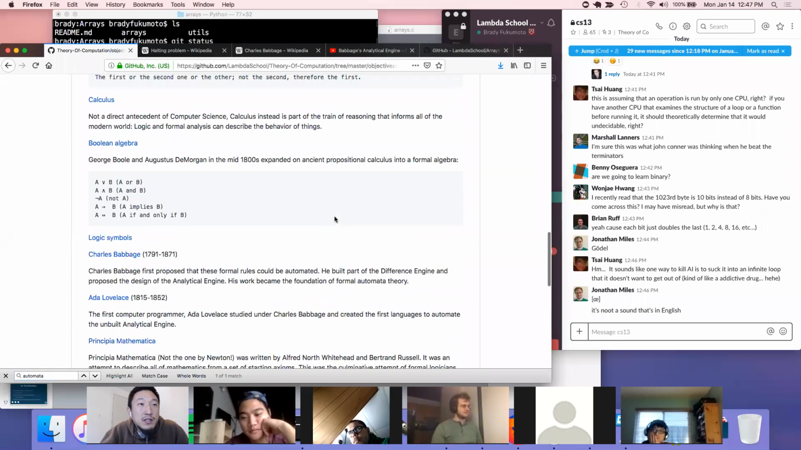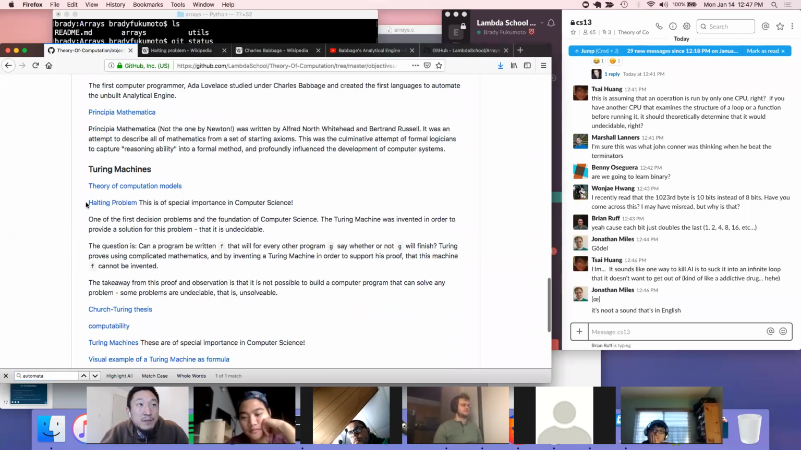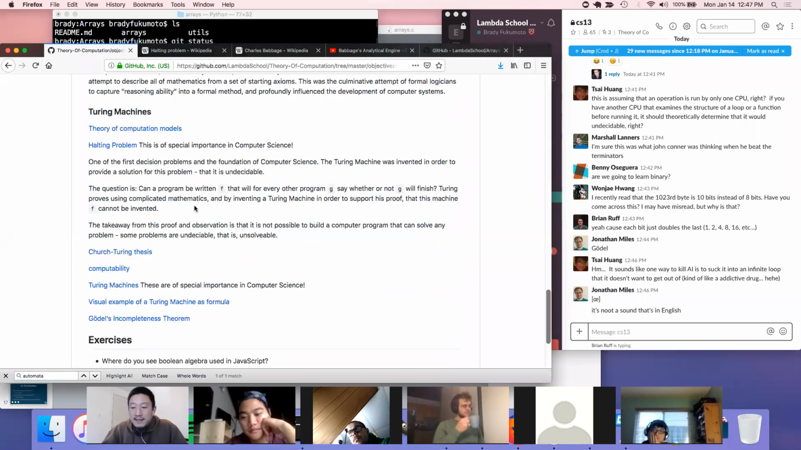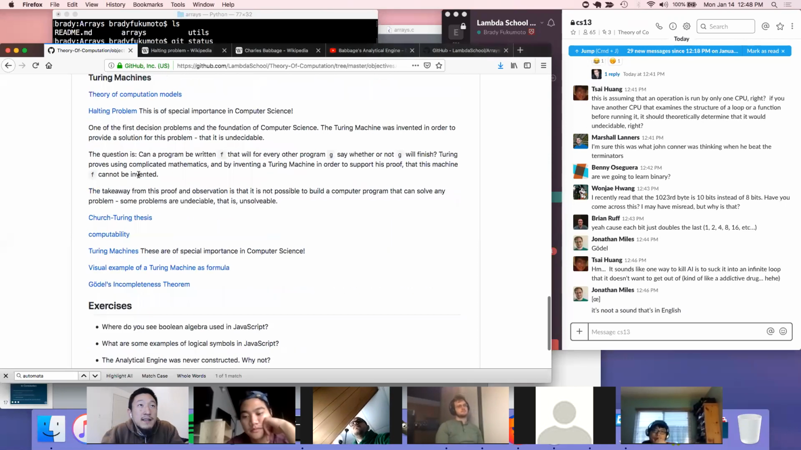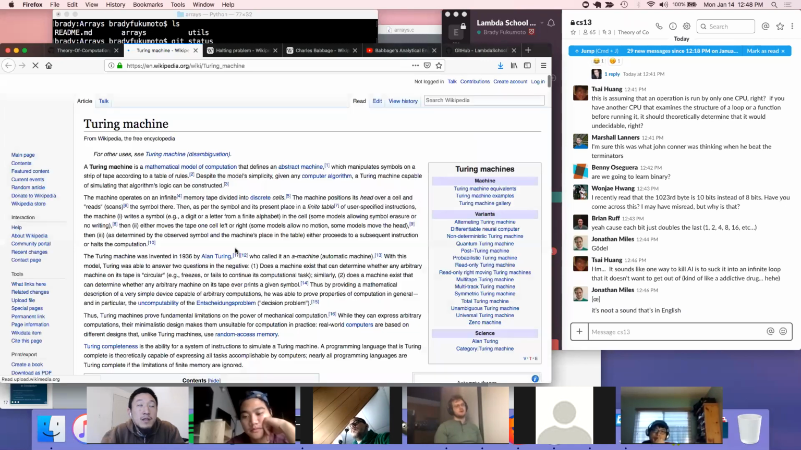So getting back to Turing, the halting problem. We have Turing machines. The Church-Turing thesis is saying that the definition of computation, of something that's computable, is something that can be computed using a Turing machine. And Turing machines have become the foundation for what our computers are today. Again, a Turing machine. Let's click into that. So a Turing machine